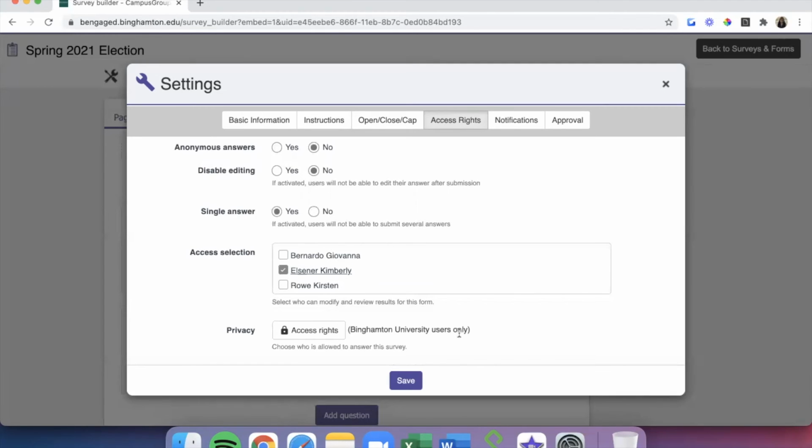Once all our changes are made there, we'll click the purple Save button again.